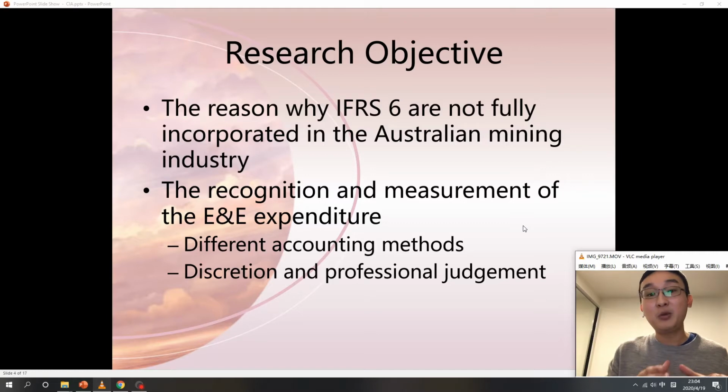If the impact is found to be positive, we will then approach the firms that chose not to adopt IFRS 6 and find out the reason why they chose not to adopt IFRS 6, even with this proven positive impact. And if the impact is negative, then we will just assume that that's probably why these firms chose not to adopt IFRS 6, because the impact is negative and there's no point adopting it. And this wraps up the research objective part. I will now pass it to Rongui to talk about theoretical framework.